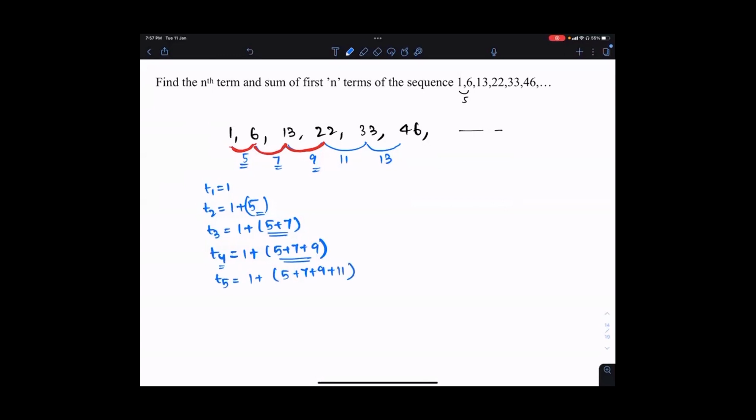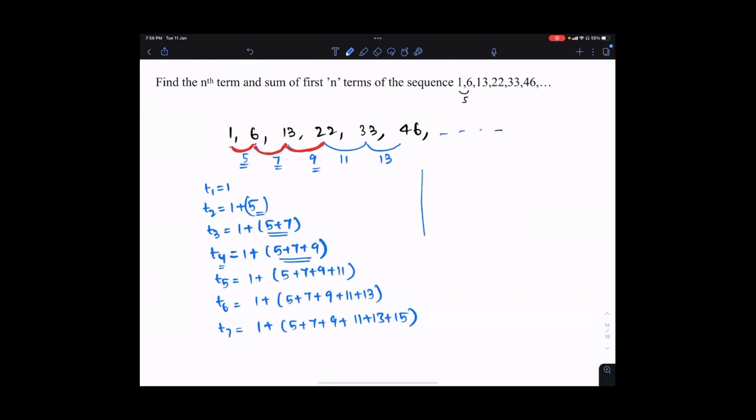Now I need not even look at the series because I know the differences are in a pattern. So I know that next will be 11 only. What will be the sixth term? I have to add 5 differences. What are the 5 differences? 5, 7, 9, 11, and next is 13. What will be the seventh term? 6 differences I have to add now. So 1 plus 5 plus 7 plus 9 plus 11 plus 13 plus, 6th, 15. You may say, sir, you didn't write the next term, but still you are writing. Because we have seen the pattern in the differences.